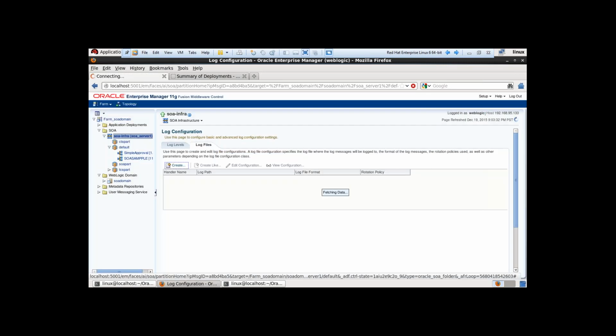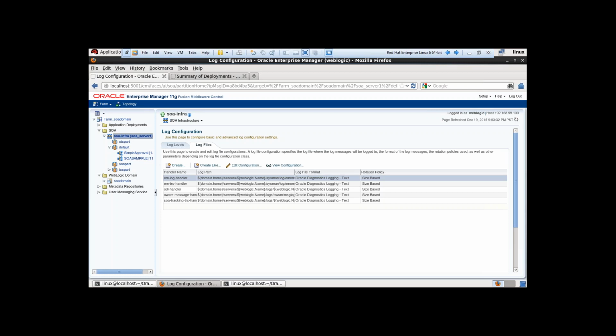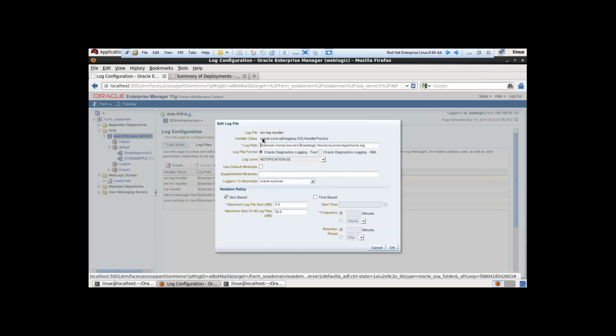once I have completed this, next is how to edit the default log file path. By default, it is stored under this path. Select the log file and click on edit configuration. The log file path is going to be displayed here, and select it. These are the notifications and log levels it is going to display. If you want, you can erase this one and give your own path. It is going to be